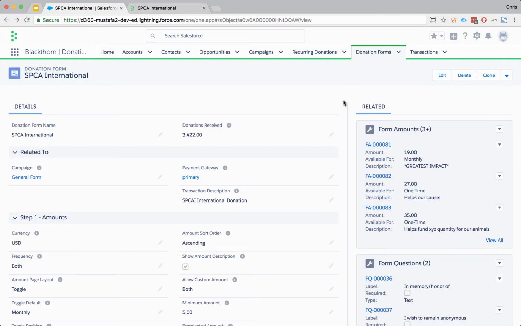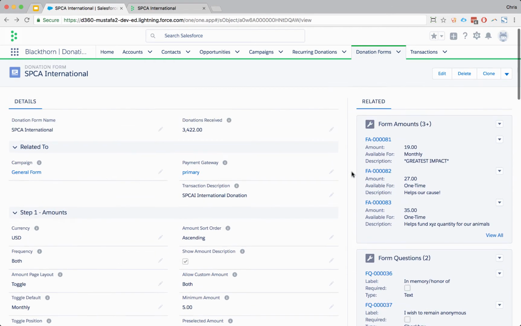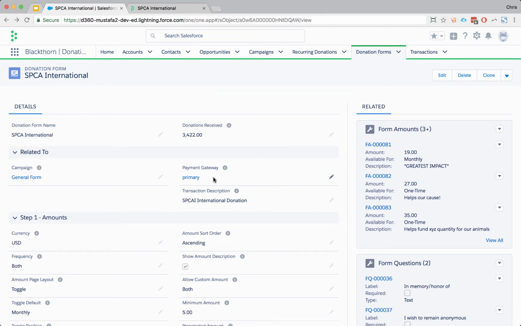So the form, when you create this, is fully declarative. There's no custom code that you need to create. On the right, you can see we create our form amounts, and you can also create custom questions with different types of fields. On the left, you'll see you can create a form related to an existing gateway. So if you have multiple Stripe accounts or bank accounts related to your nonprofit, you can relate the form by